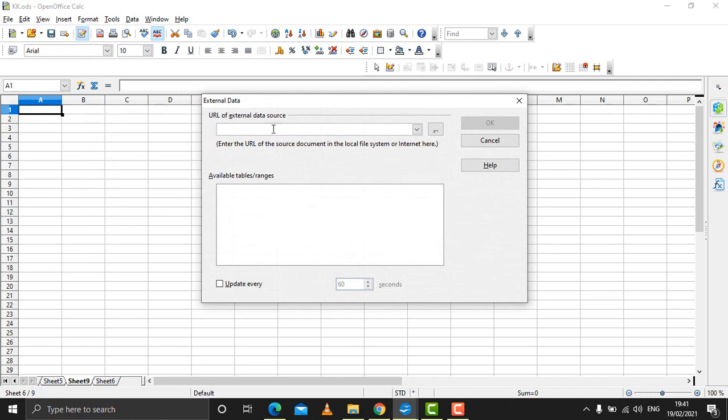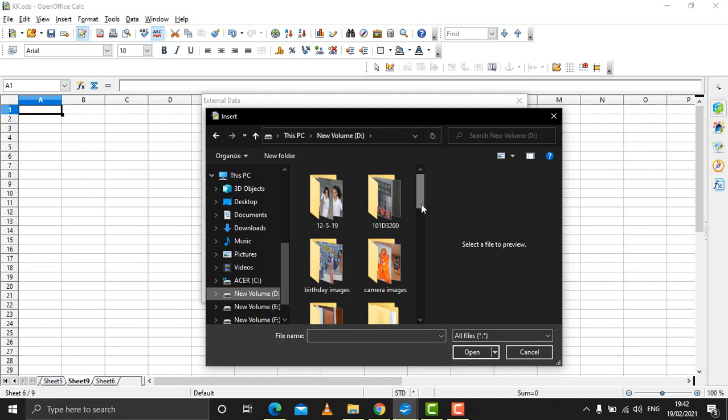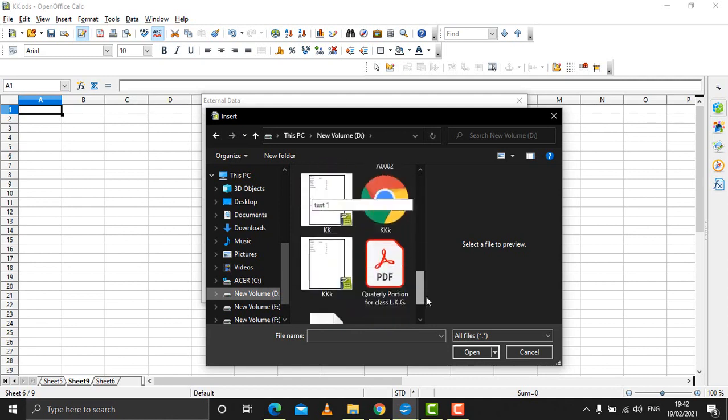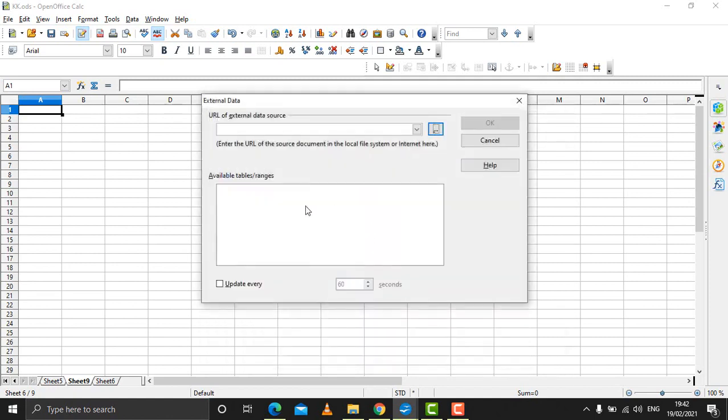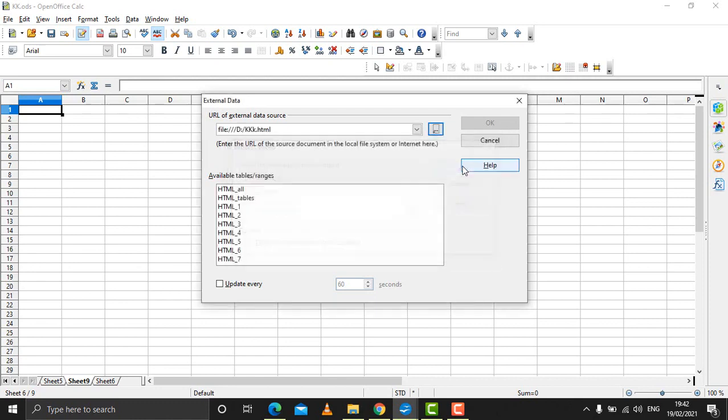From here you need to click on these three dots. A dialog box again will appear, and from here you need to select the web page which has tables in it. So I'm having this file here. Click on OK. It will ask to select the language. Click on automatic and click on OK. So you can see all the